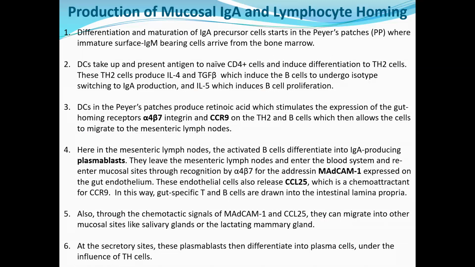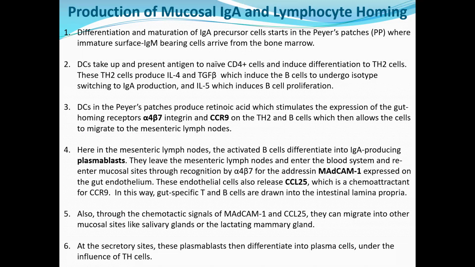In the mesenteric lymph nodes, they undergo further differentiation where they change the expression of chemokine receptors and express alpha 4 beta 7 integrin and CCR9. Within the mesenteric lymph nodes, through signaling with the T helper cells, they then pass back into the lymph and then in through the thoracic duct in the blood, circulate through the body, and then home directly back to the mucosa